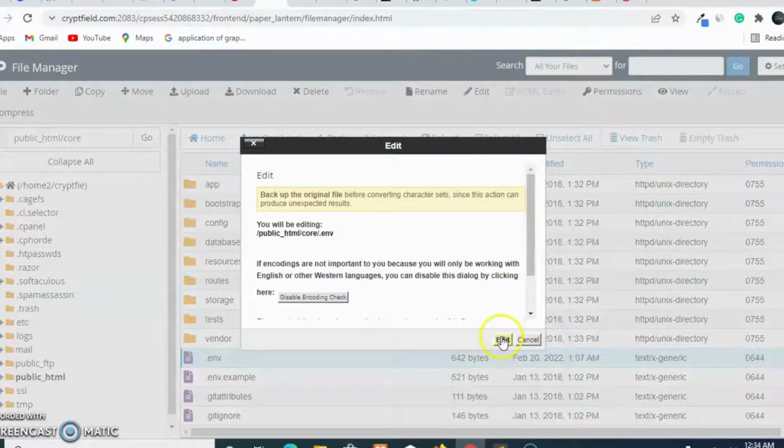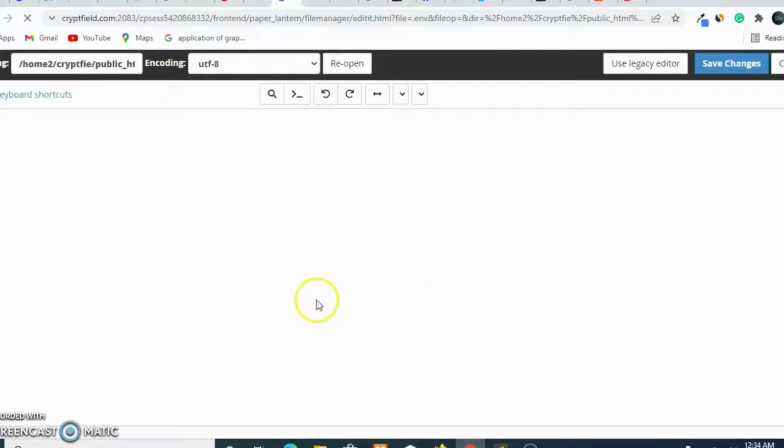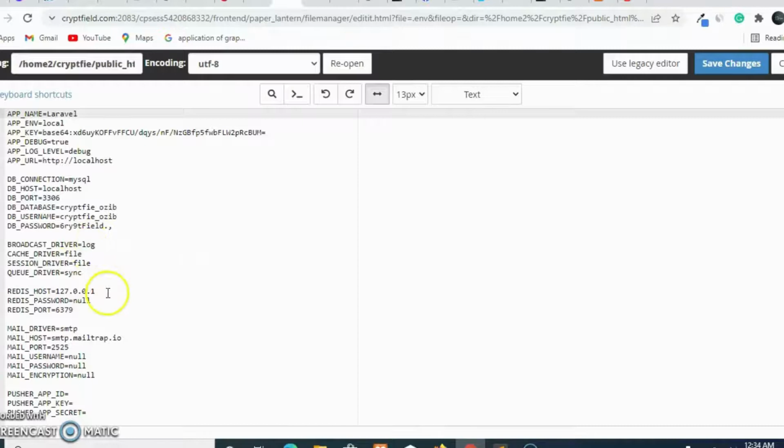Then edit this. So I'm going to change, come to this place and put that one you copied. Paste. Come to this place again. I think I use both the username and the database will be one. Paste again.